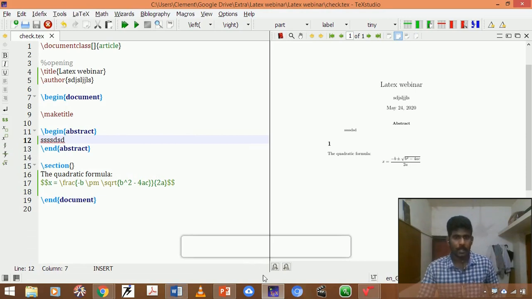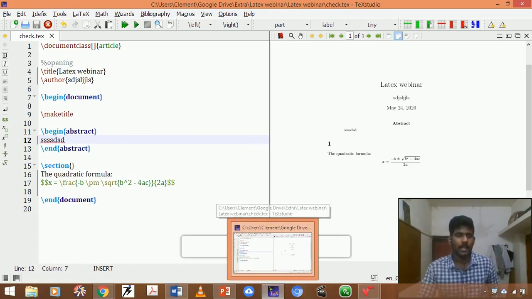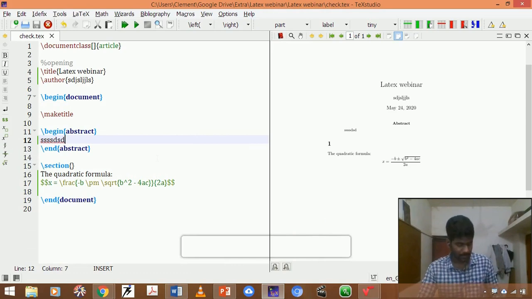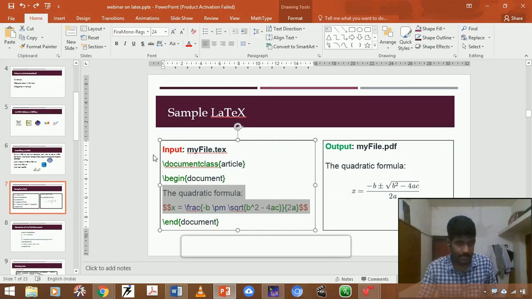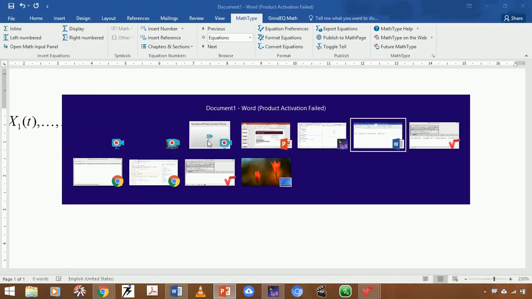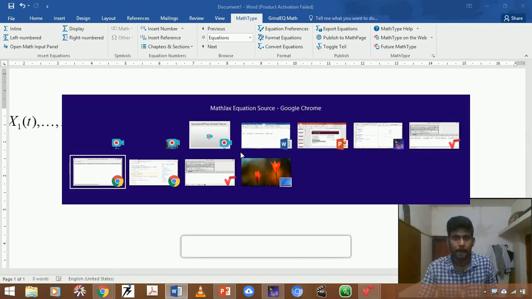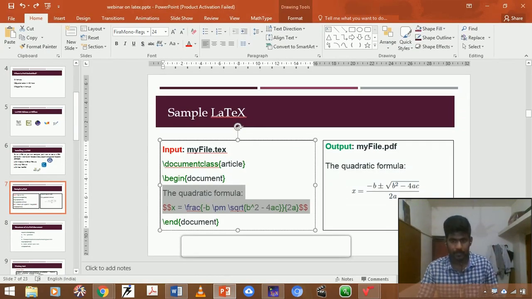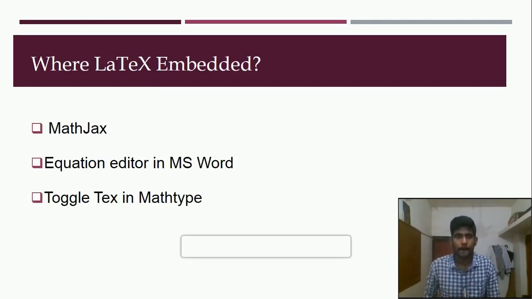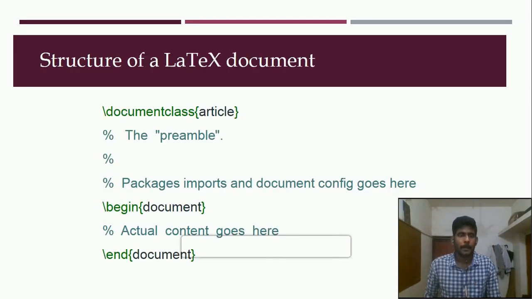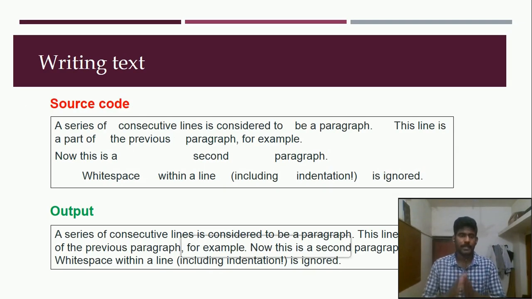Next, what is a major advantage which is available in LaTeX? I just wanted to show an example derived from my presentation slides. In Word, it is always needed to worry about white spaces.